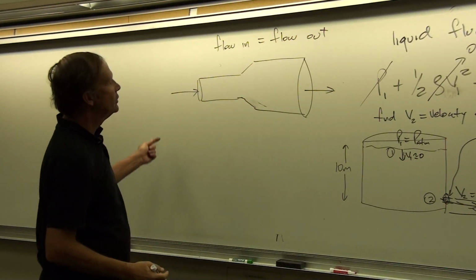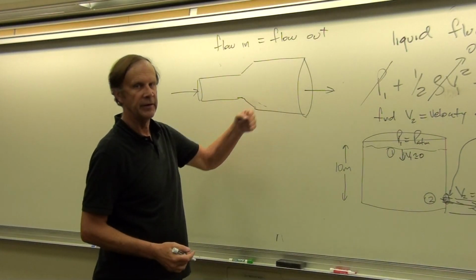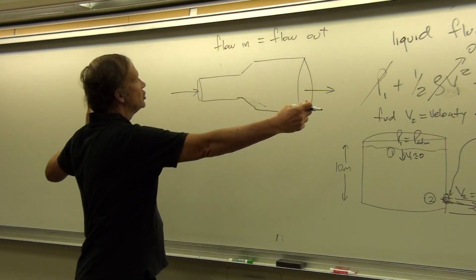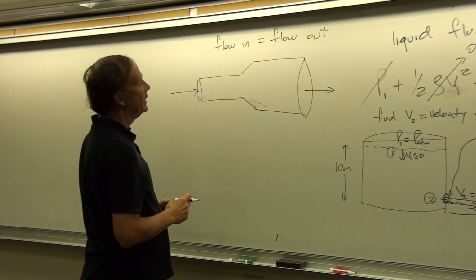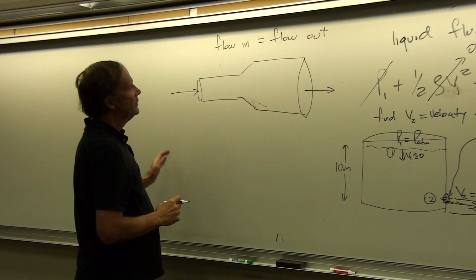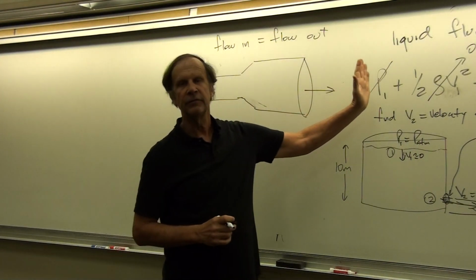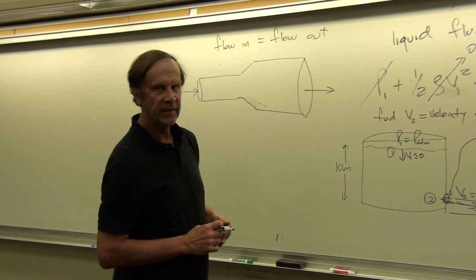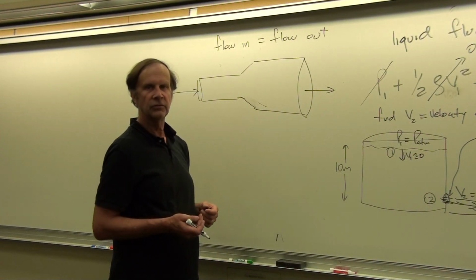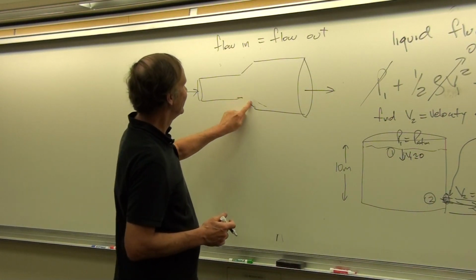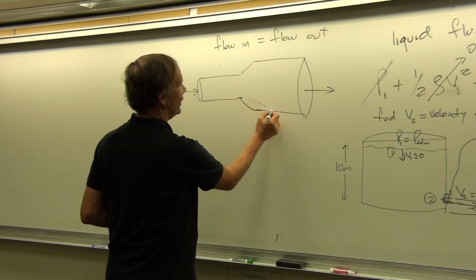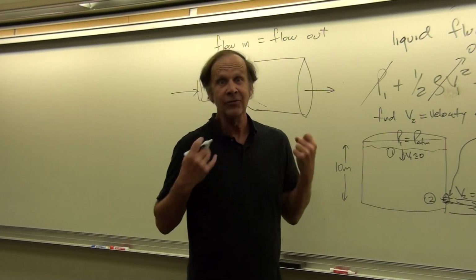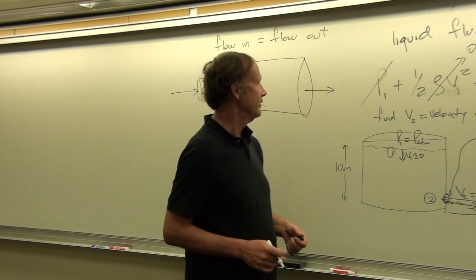Okay, now that must be true if we have an incompressible fluid, because if the fluid can't be stretched apart or squeezed tighter together, then the mass of fluid flowing in any given length of time has to equal the mass of fluid flowing out in that same amount of time. That's just conservation of water in this case. We're just saying that water wouldn't be created or destroyed. If you had more water coming out than came in any given length of time, it means that you'd be creating water in there, but you're not doing it, clearly.